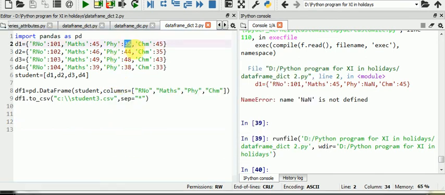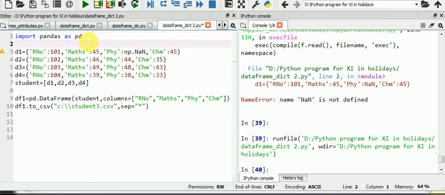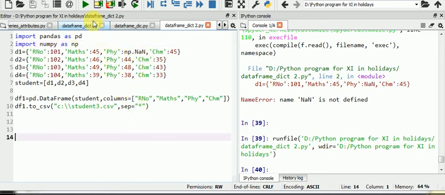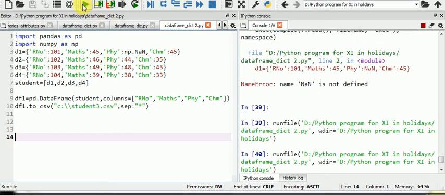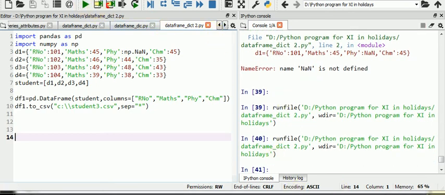Suppose here in place of 35 I am giving np.nan, and this needs import numpy, because we are using np. So I am removing the physics marks value 35, so it does not exist here. I am giving None. Now run this code. Now open the file.